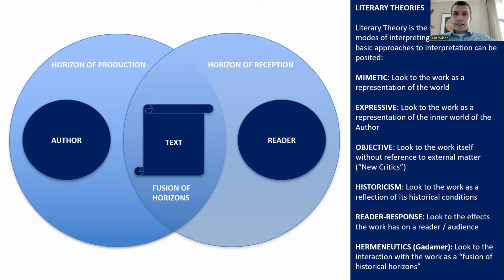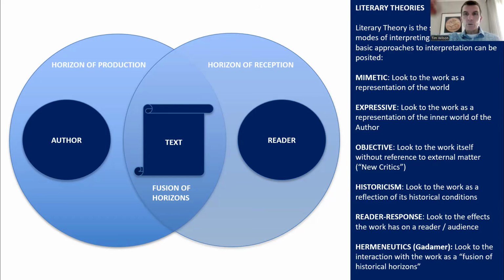So the simplest way that I can think about it is you have an author, a text, and a reader, and an author has a world or horizon that they're writing within, and the reader has their own horizon and world, etc. And each one of those, or the horizons, or the fusion of the horizons, can be the focus of the interpretation, okay? And each one has a term here. Some of these terms I've taken from M.H. Abrams, others have come from other theorists,